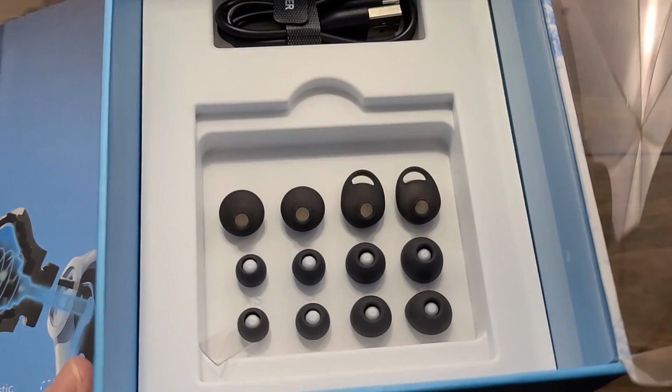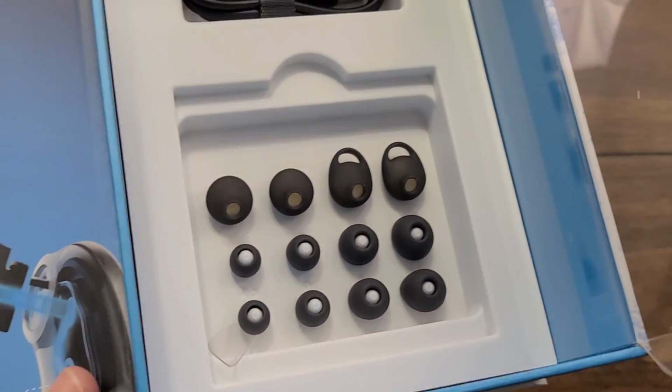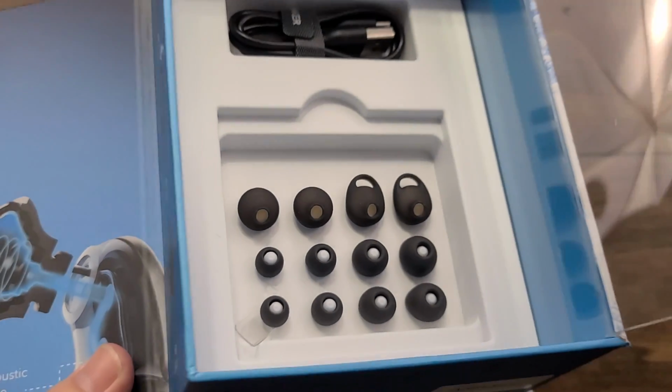Look how many different sets of ear tips you have there. So 1, 2, 3, 4, 5, 6 different sets of ear tips, different sizes. It's got the little ones with the stabilizers right here. It's got so many different ear tips that you can choose from, so you can make sure that you get the best fit, the best sound isolation, and the most comfortable, enjoyable listening experience for you, which is the best